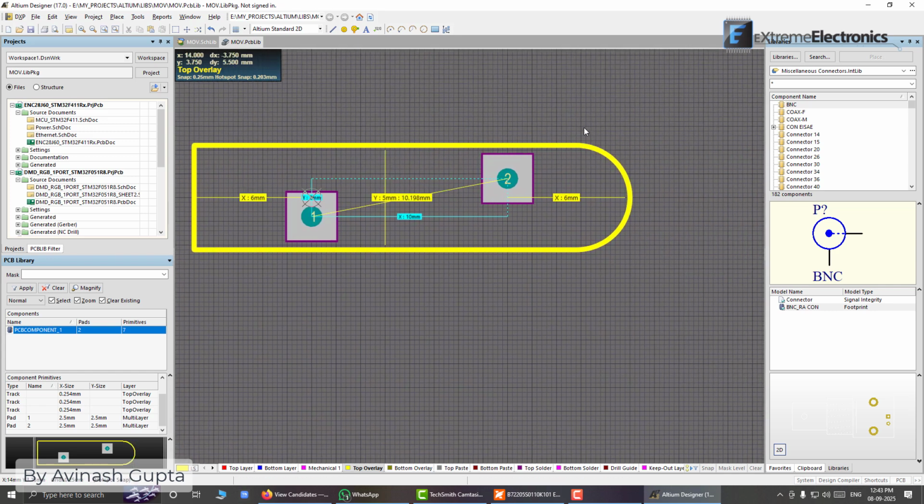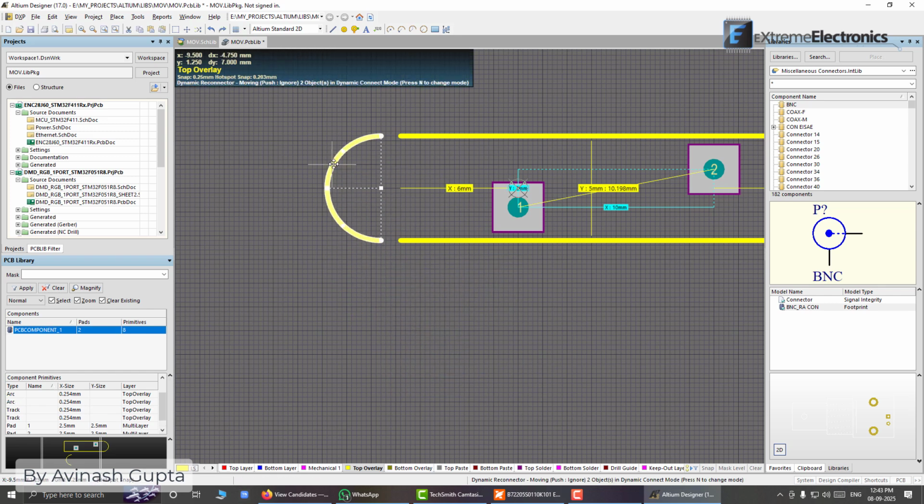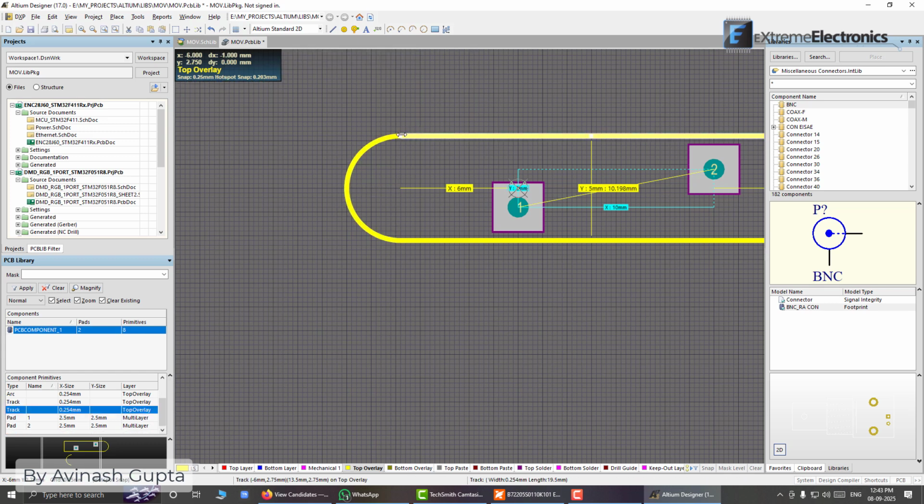And we can replicate this thing. Select both the things, and then press control plus C to copy, and then select the origin point, and then press control plus V, standard keyboard shortcut, to paste this thing. Now to rotate, press space twice to rotate it, and get rid of this. Select, hit the delete key on the keyboard, place it like this. Okay, again reduce the size like this, something like this,